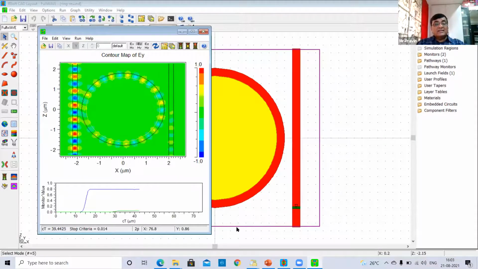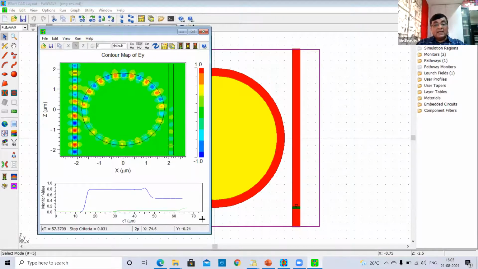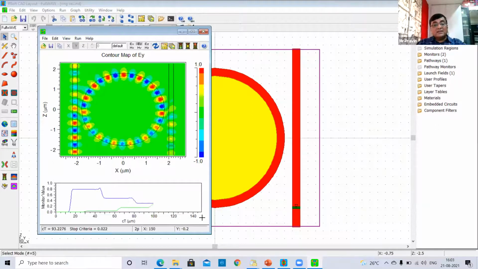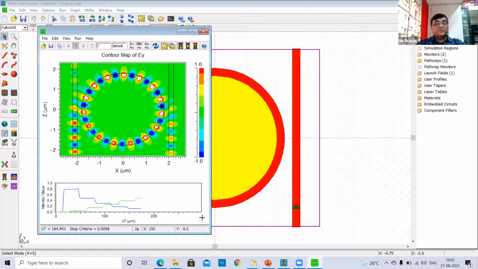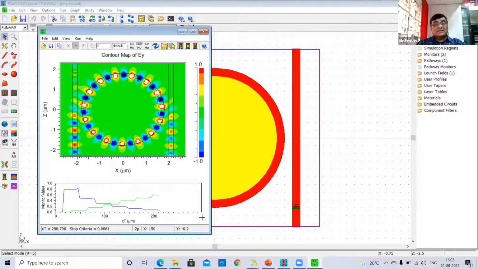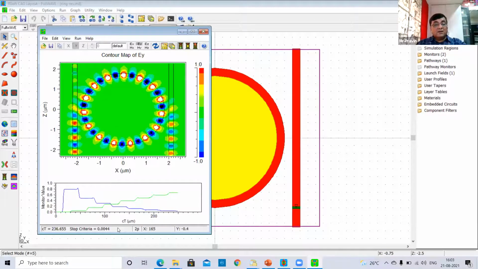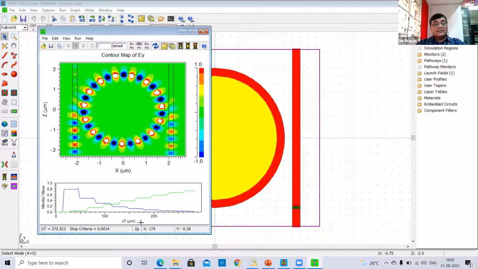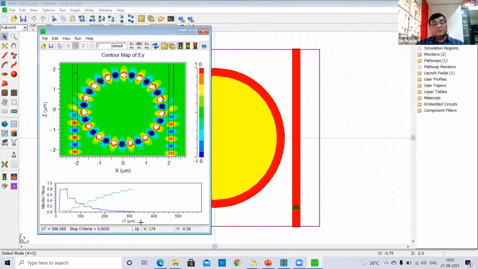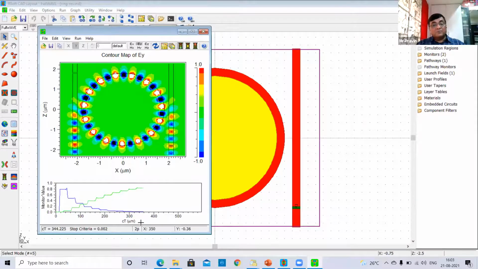As you can see, since the stop criterion is convergence, until the field gets converged it will keep on simulating. Unless it reaches the resonance frequency, it will automatically keep on simulating. It will not stop.